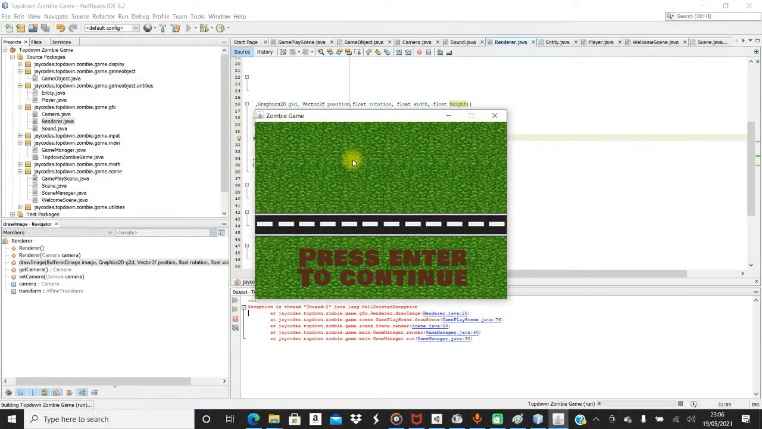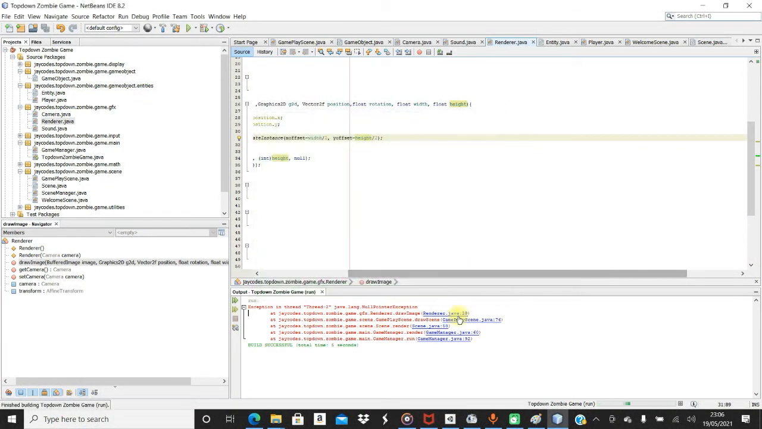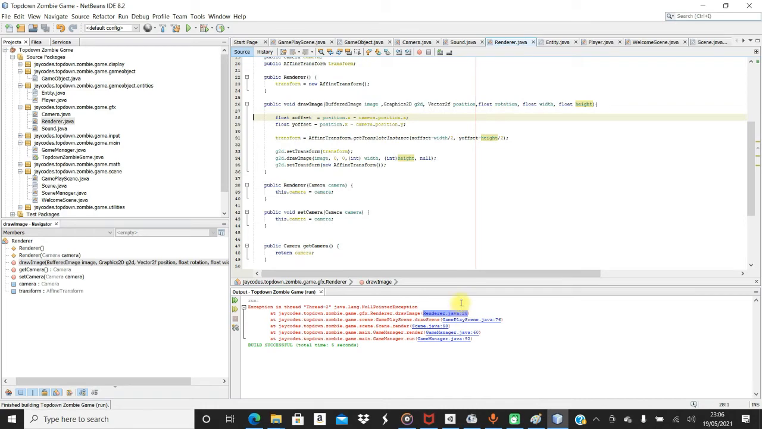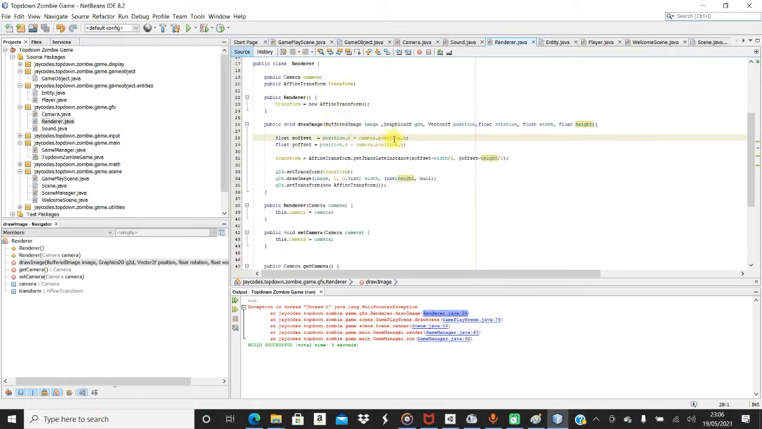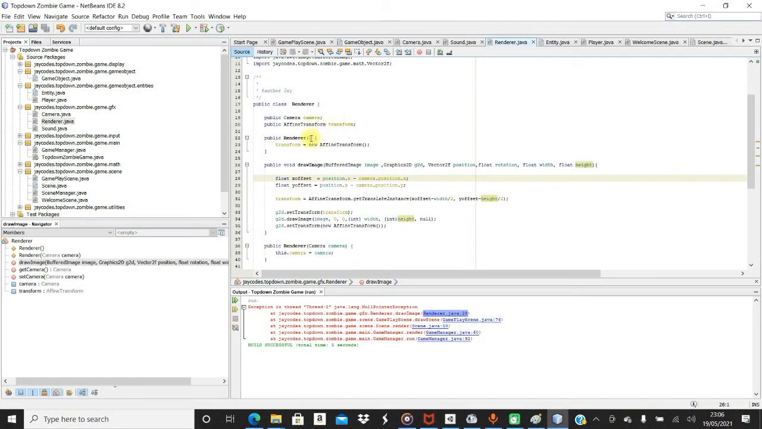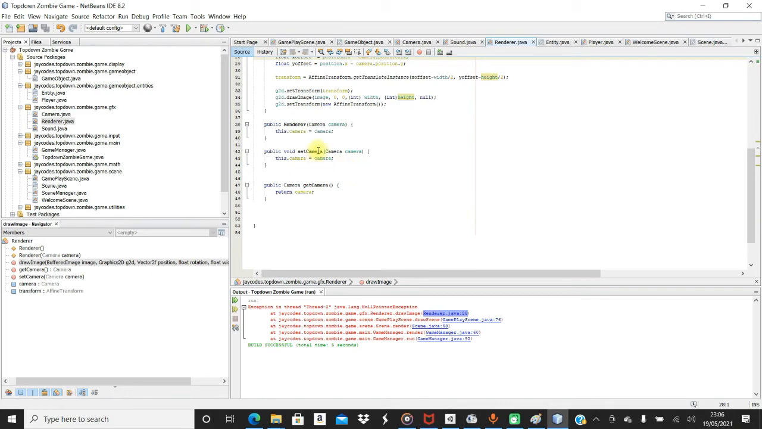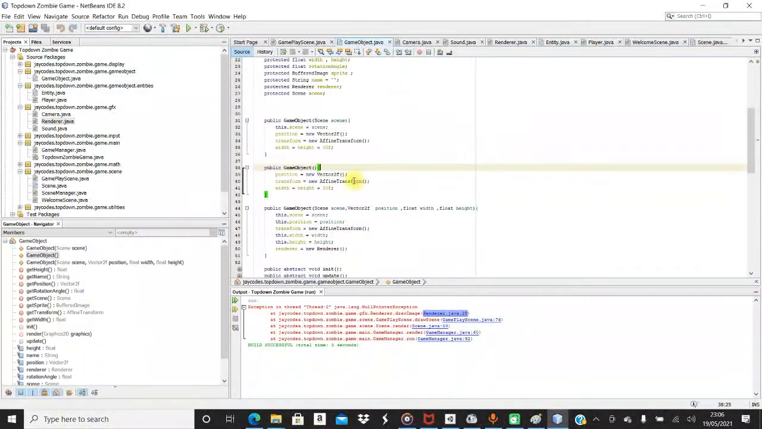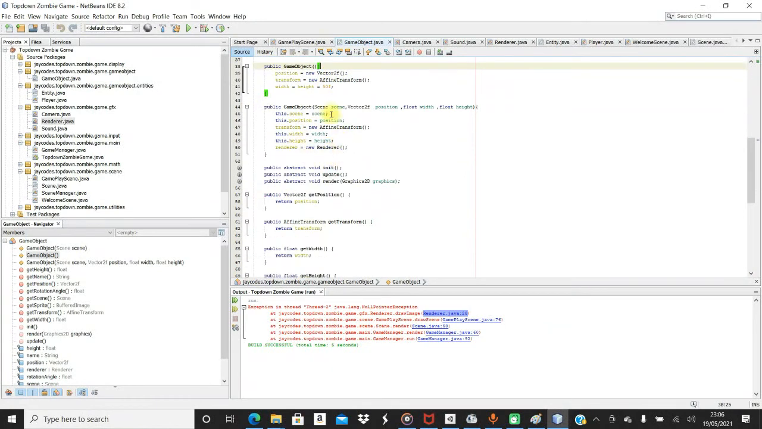And now when we run this, and when I press enter, null pointer. What's the null pointer exception? Draw image. So position.x. Seems that we don't have a position, or we don't have a camera position. Oh yeah, we don't set the camera. We don't set the camera. So what we need to do for every game object is